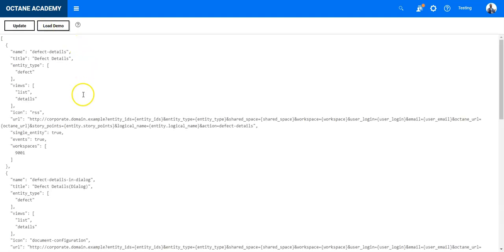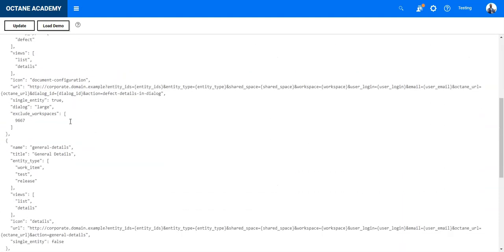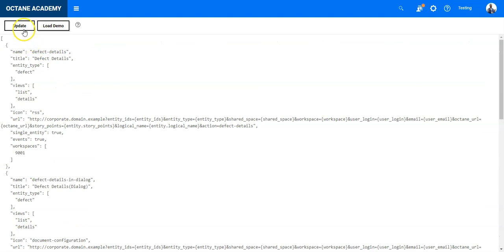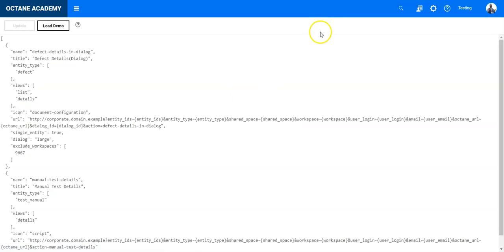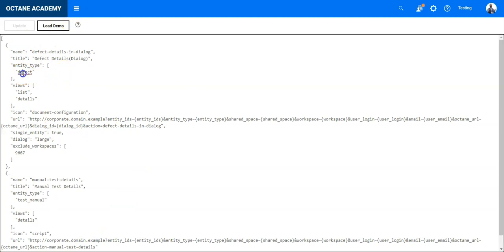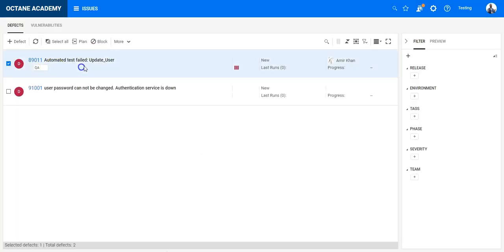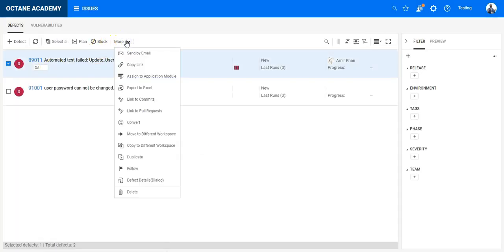When you load a demo, just as it is, you can save it just to show you the effect of it. Let's update it, and after updating, refresh your browser and check if the entry is still here. If it is, you can go to the module. We have the entity type defect here. Let's go to the defect module, select the defect, and open